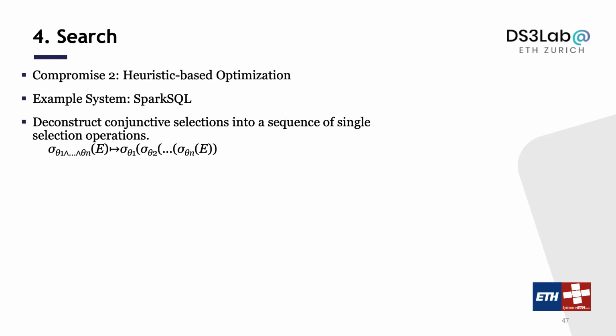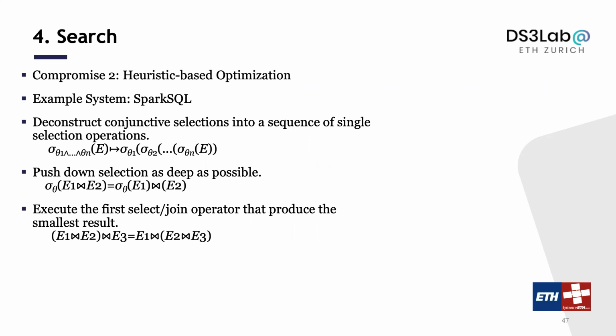So this is just one example, right? For example, one thing I can do is I have a logical plan. I always decompose your complex selection predicate into multiple smaller ones, right? And then I just push them down as much as I can, right? And then I just play with the join order to do the join that has the smallest result set first, and then I get one query optimizer based on heuristics,